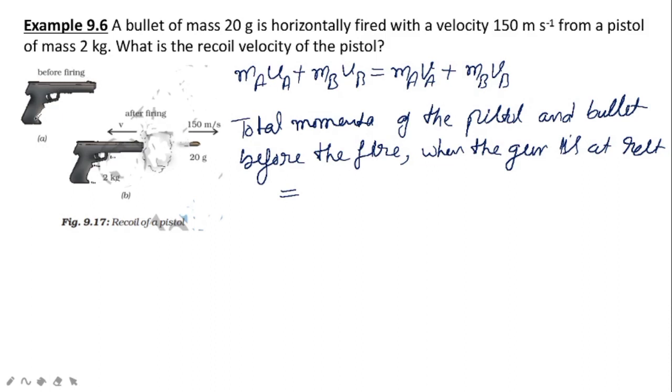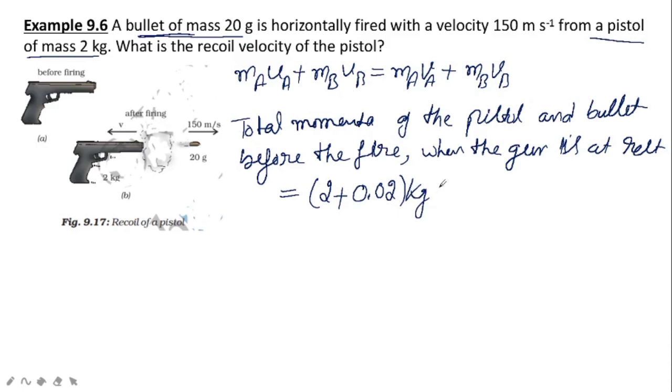So then what happens to the mass? We have to add. The mass of the bullet is 20 gram, the mass of the pistol is 2 kg. Whenever the bullet is not fired, we have to add the masses, it is the total mass. So we can take the mass as common: 2 kg, the mass of the pistol, plus 0.02 kg, the mass of the bullet. I took the mass as common because both are present together.